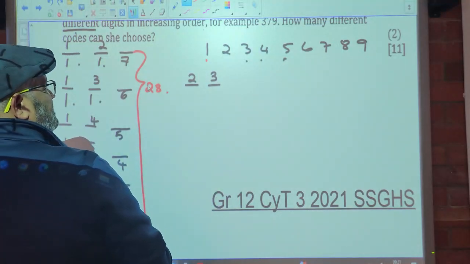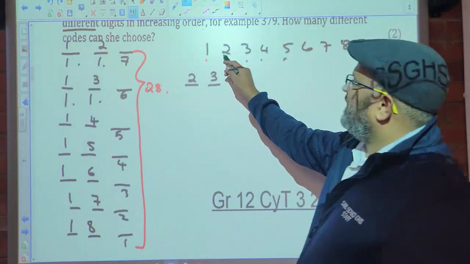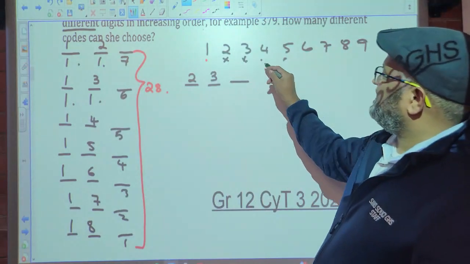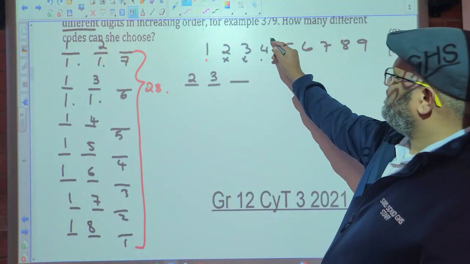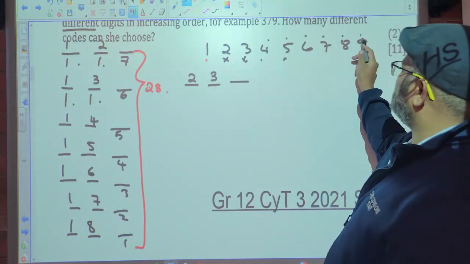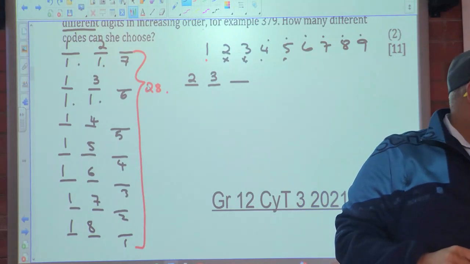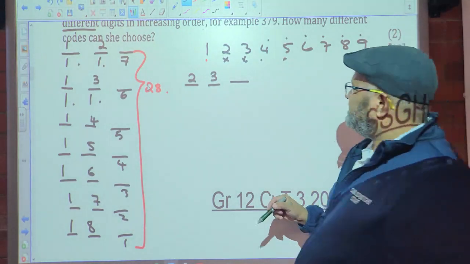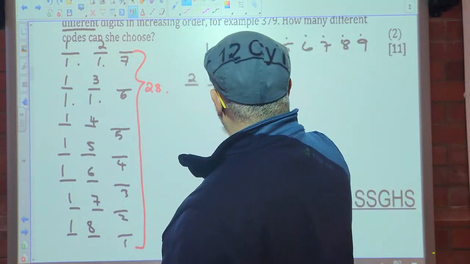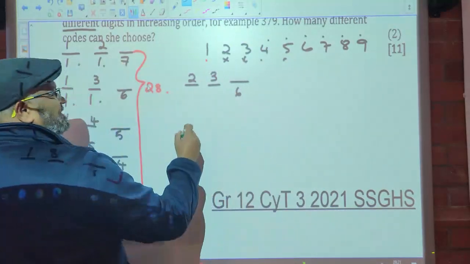Not so. So it can be 2, 3, 4, 2, 3, 5, 6, 7, 8, 9. So it's 1, 2, 3, 4, 5, 6. Let's take out the drawing. So it's going to give you 6. Okay? Then it's going to be